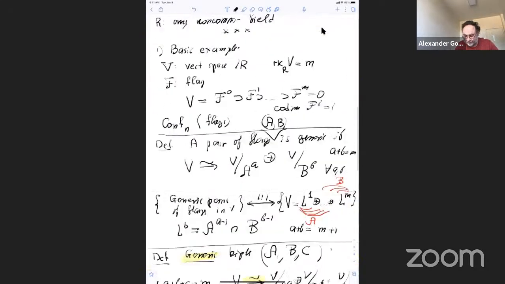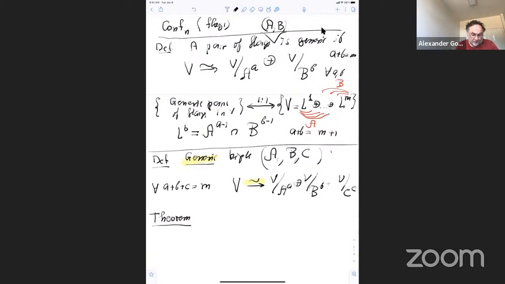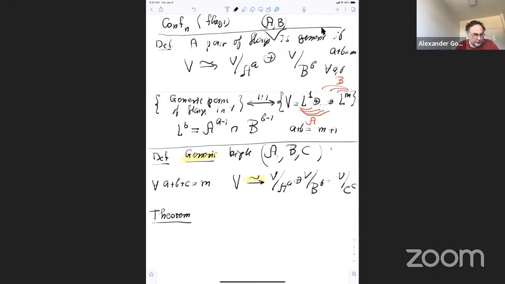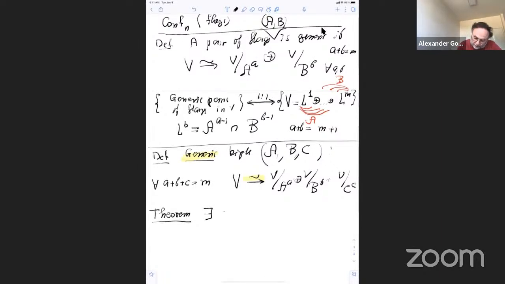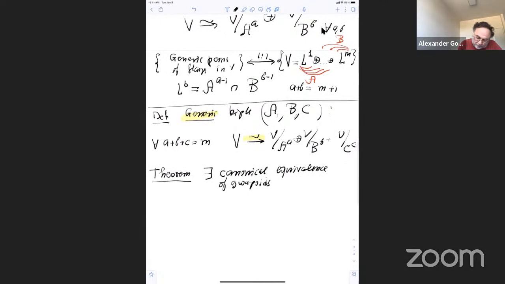And so that's a primary object. What I want to explain, I want to describe generic triples of flags, generic in the sense which I just mentioned. And the theorem is that there exists a canonical equivalence of groupoids. It means you can just say canonical bijection is a little less precise than what I'm writing. But you can go over there, which says that if you have generic triples of flags